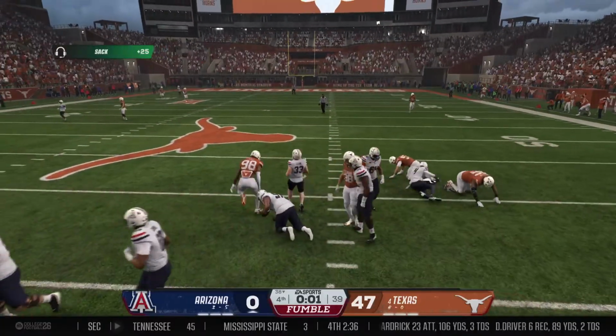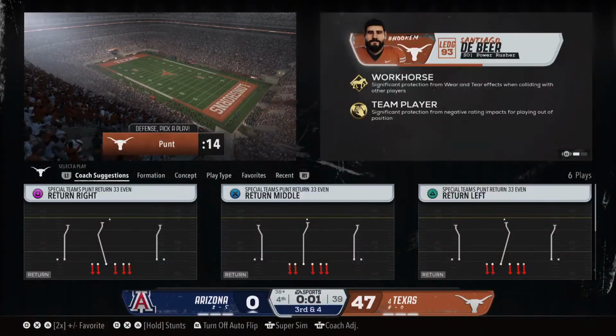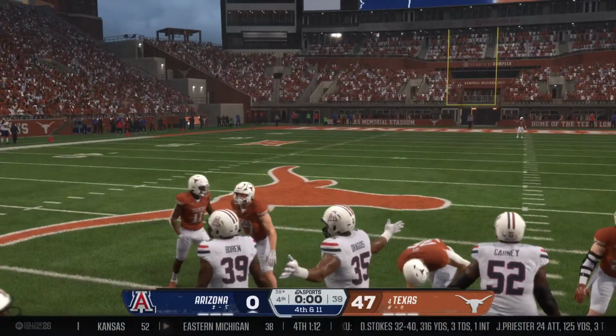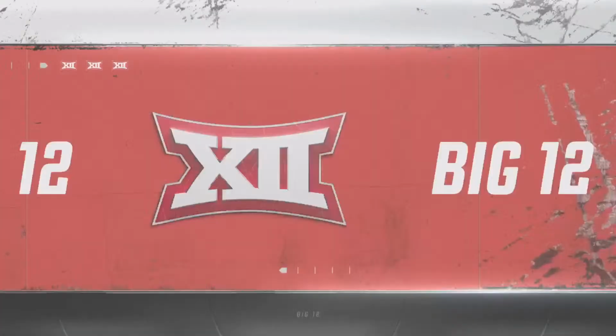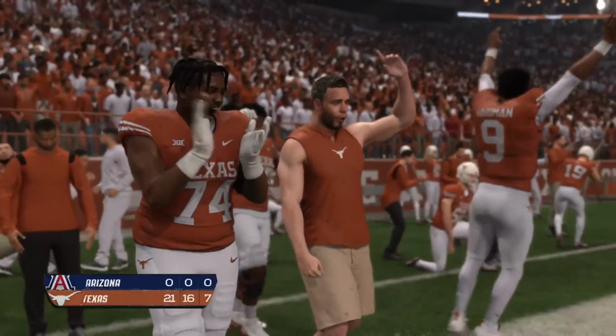Nowhere to go, and the ball is loose. They recover their own fumble. How in the world did the offense avoid that disaster? When you know you have a team outclassed,